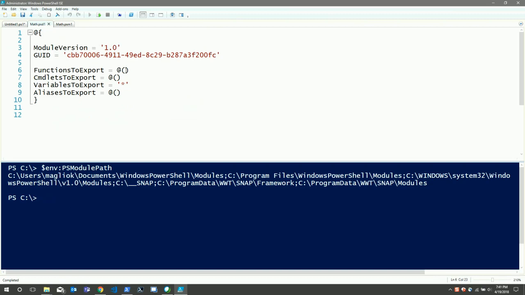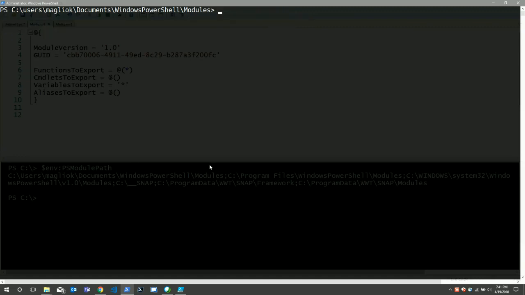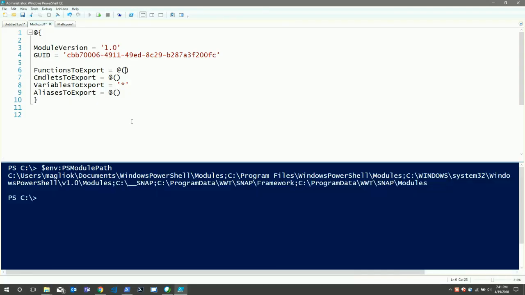So now I do not have to do this. I can do that if I really want to. So if I do this, and let's go back over to here and remove module math. If I type Get-PSUG multiply, nothing, right? I don't get any tab completions here. And it doesn't know. However, if I come in here and I give it the name,